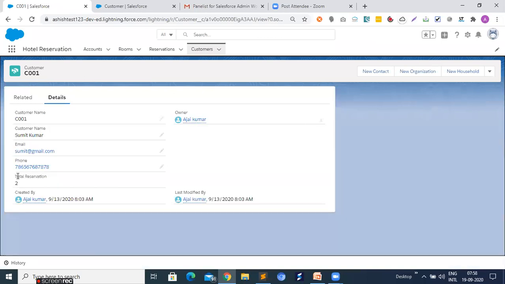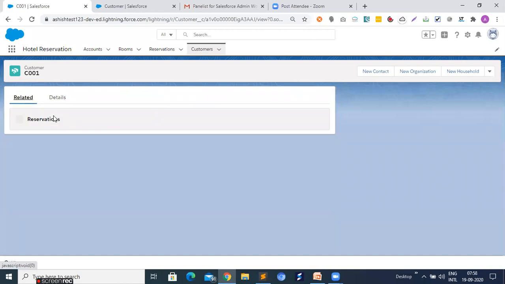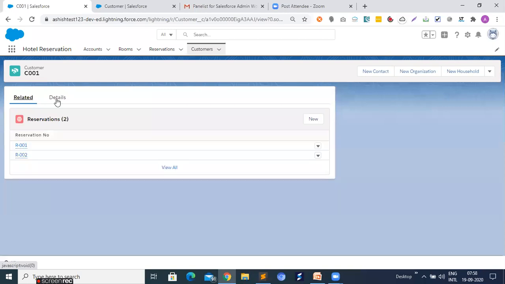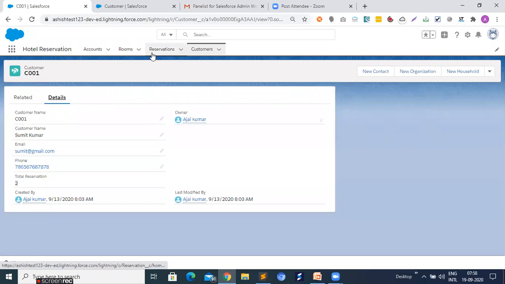So you can see the field is created, total reservation, and it will show the count of the related record. Currently, we have only 2 reservations for a particular customer, so it will calculate the count and display here. In the same way, if we make another reservation for a customer, then it will automatically calculate and show the total number of reservations 3, right?